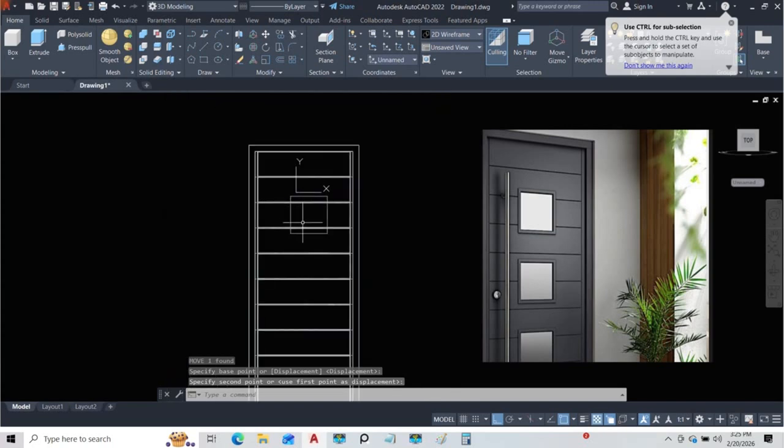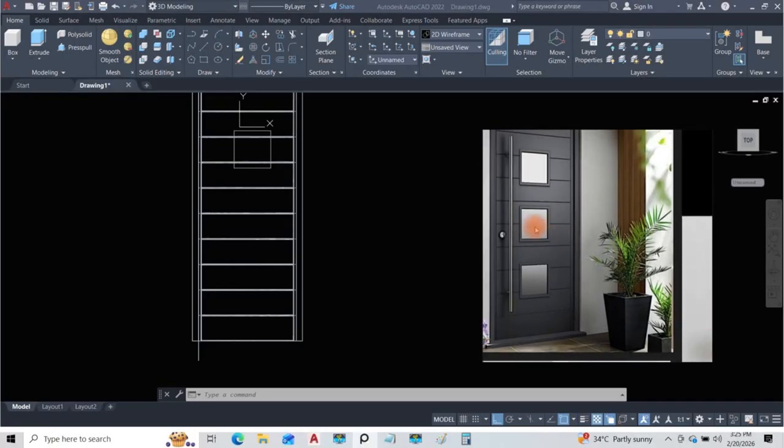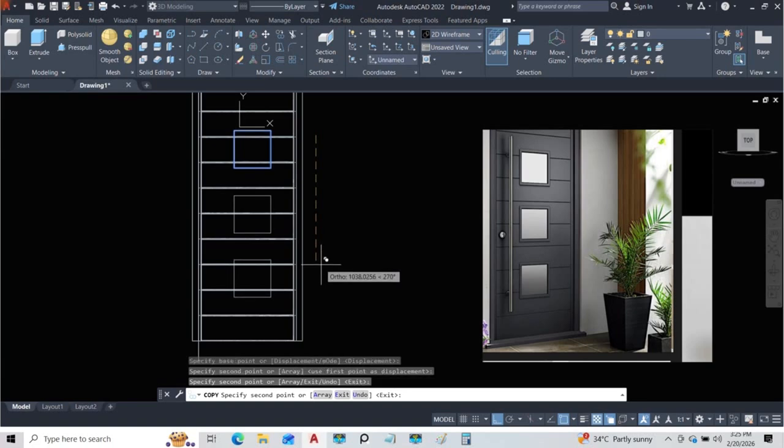All right, so that is perfect. So we're just going to copy it 2 more times. All right, so select this, CO for copy, and move this here and move this maybe somewhere here. That's the second one you can see from the image, and the third one would be here as well. Yes, perfect. So now that we have this done, we just need to create a shape out of this and